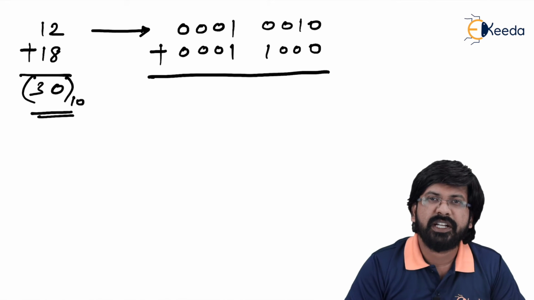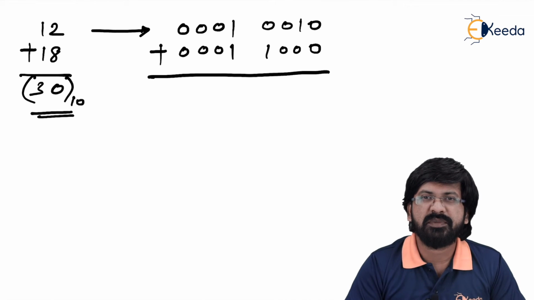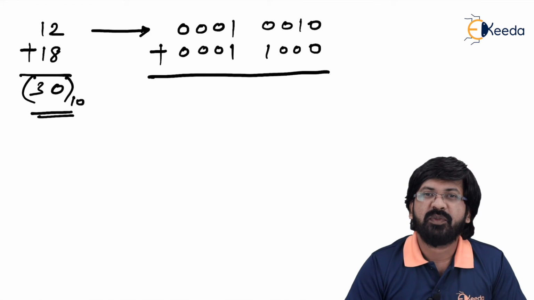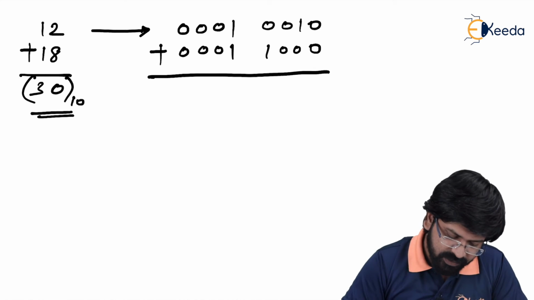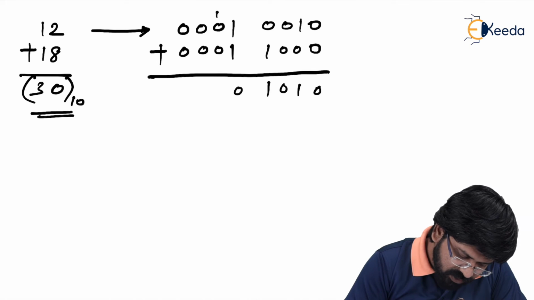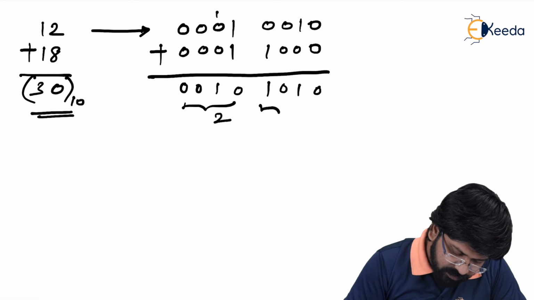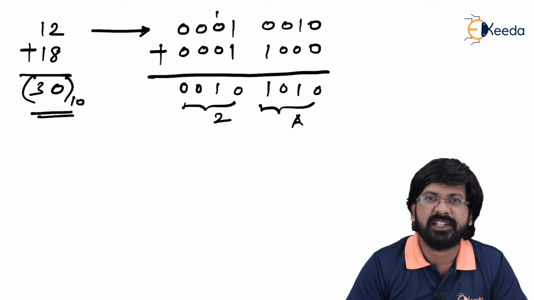and then it adds them normally by following binary addition rules, where 0 plus 0 sum 0 carry 0, 0 plus 1 sum 1 carry 0, 1 plus 0 sum 1 carry 0, and 1 plus 1 sum is 0 carry is 1. So based on this, now we'll perform this addition. So what do you get here? 0 1 0 1, 1 plus 1 sum 0 carry 1, like that. So in the μp, you'll get the answer like this. This is 2 and this is A, because 1010 stands for 10, so it interprets 10 as A in hexadecimal.